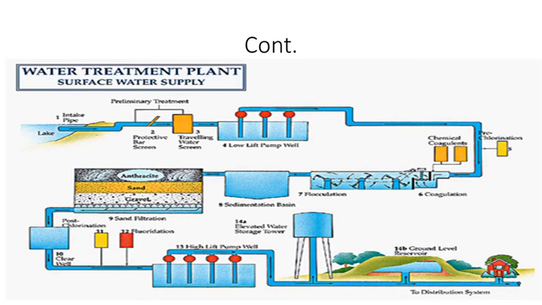The sedimentation basin is used for the settlement of the floc which is created after the coagulation and flocculation. That floc is going to settle down in the sedimentation basin. From the bottom of the tank you can remove that floc, and the clear water you can send to the filtration. Now we need to discuss filtration.